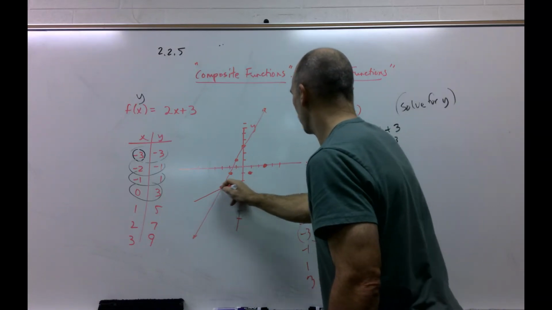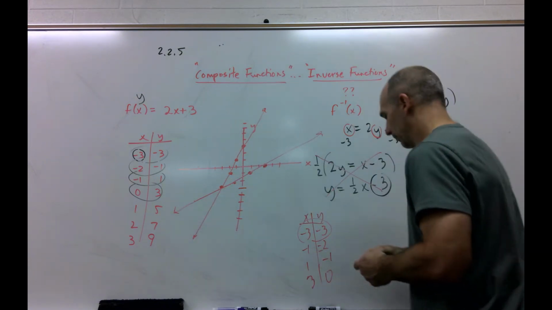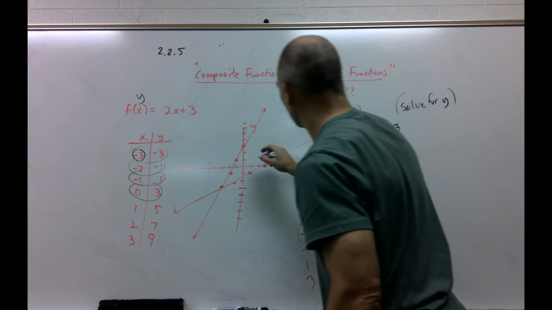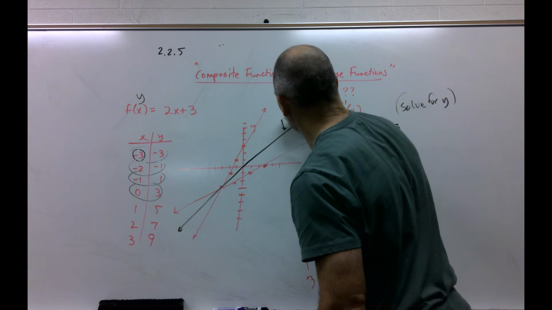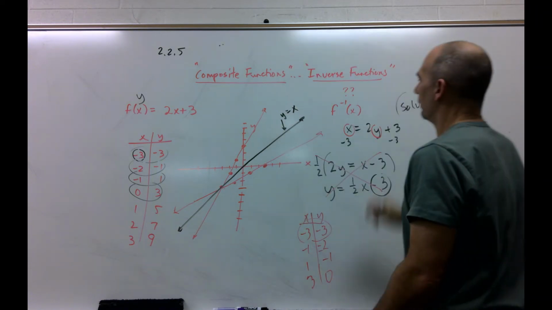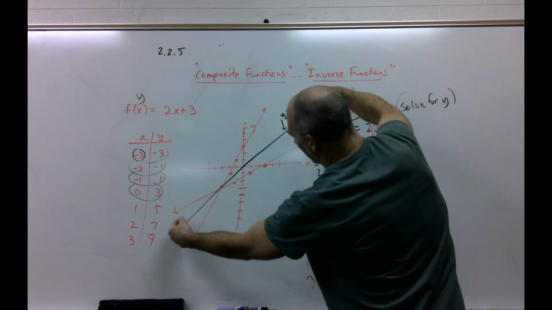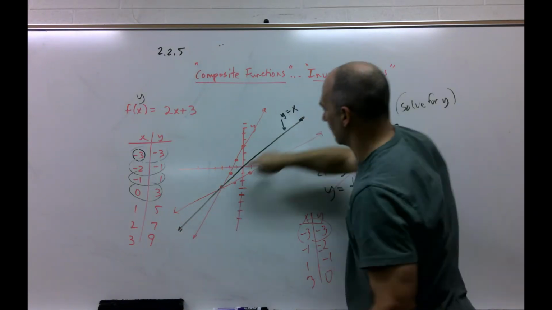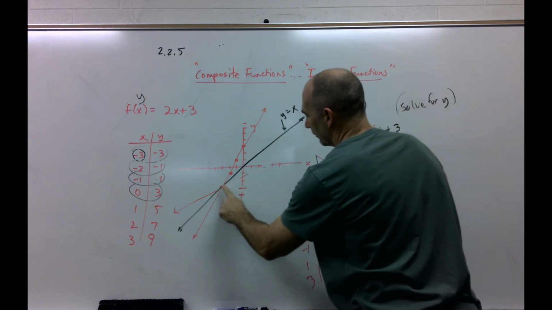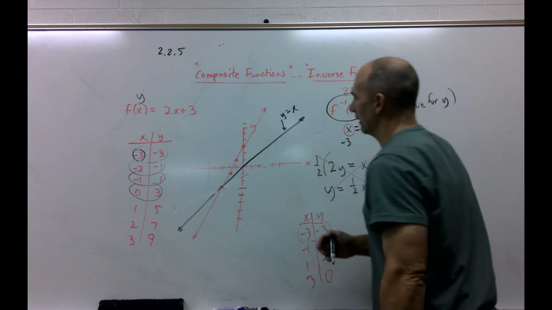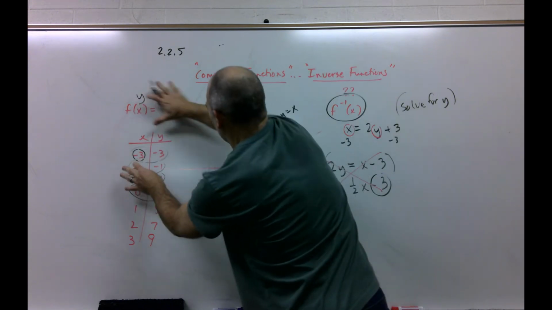So, no, my drawing's not perfect this time either, but I want you to notice something. This is huge. If I take this line right here, it's got a name, y equals x. The inverse function will always be a mirror image spun 180 over the y equals x line, and it just happens. So if they gave you a math problem like this, and they don't even give you this, and they don't give you this,